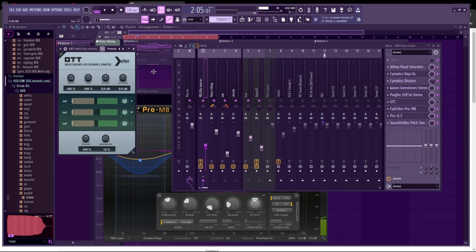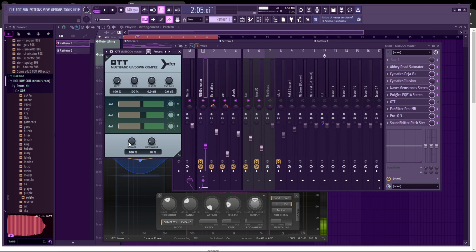But multi-band compression can really bring out things. One thing that this one is cool for is you see there's upward compression, which I think is amazing, and I turned the downward compression off because I really don't want it. I left a little bit. There are also thresholds for the compression, so when you understand how certain ranges of the frequencies are being turned down when they hit a certain threshold, which is basically what compression is, you're going to understand how to change the parameters, right? But I did not want it to be turned down with the multi-band compression. I want it to be turned up because I want